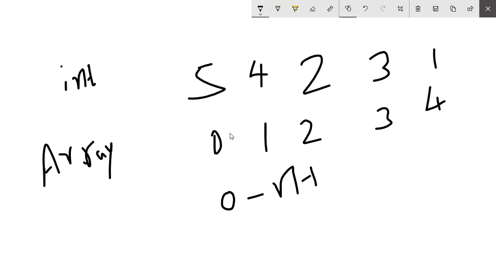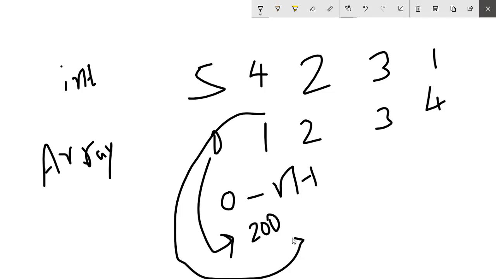It means if A0 is stored at, for example, 200, then A1 will be stored at 204, because one integer takes 4 bytes.